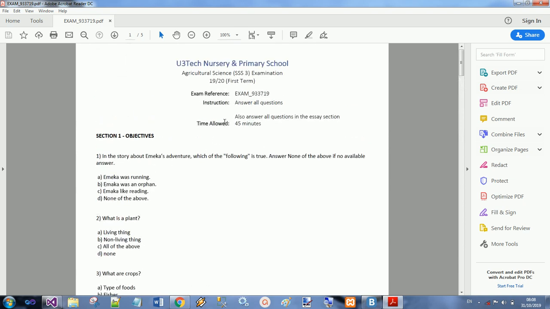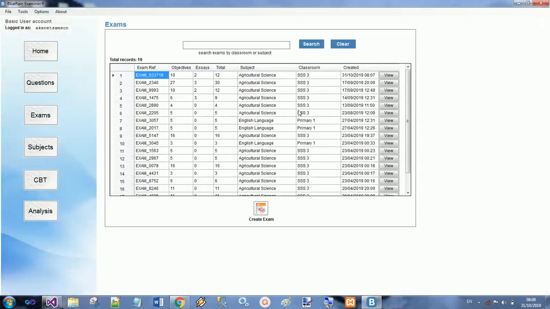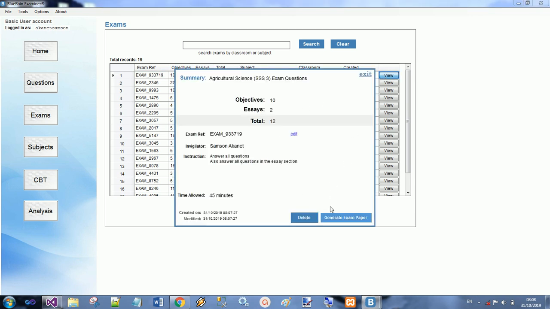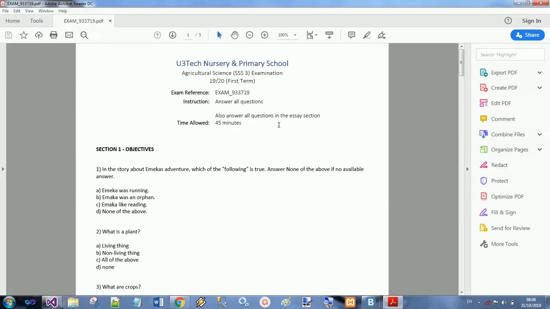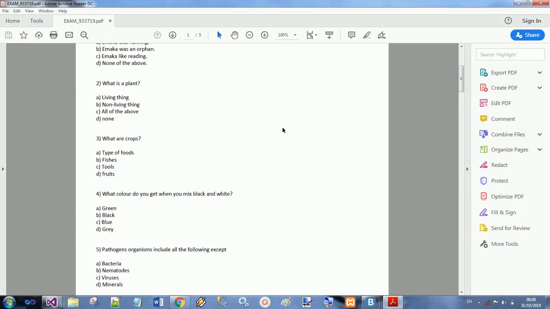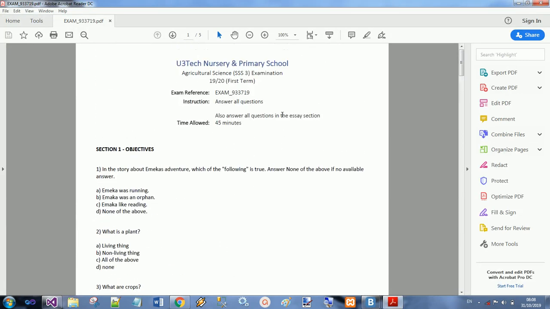So this is how to create an exam record and also generate an exam paper. Like I said, you can generate this exam paper at any point in time simply by opening the exam record and clicking on generate exam paper. Once the exam paper is generated, you can print this and photocopy it as many as possible for that